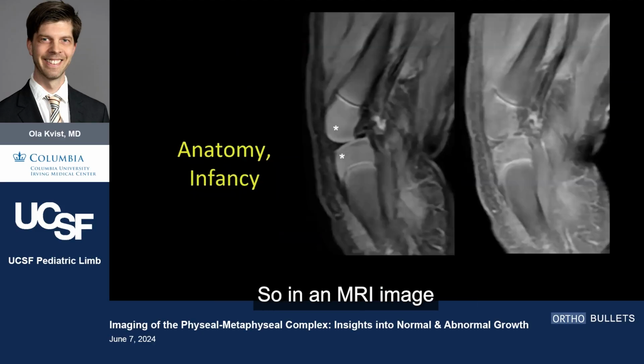In an MRI image, we can actually see it fairly well because we have this bright line that is usually the primary spongiosa, this black line that is the zone of provisional calcification, and then a white line